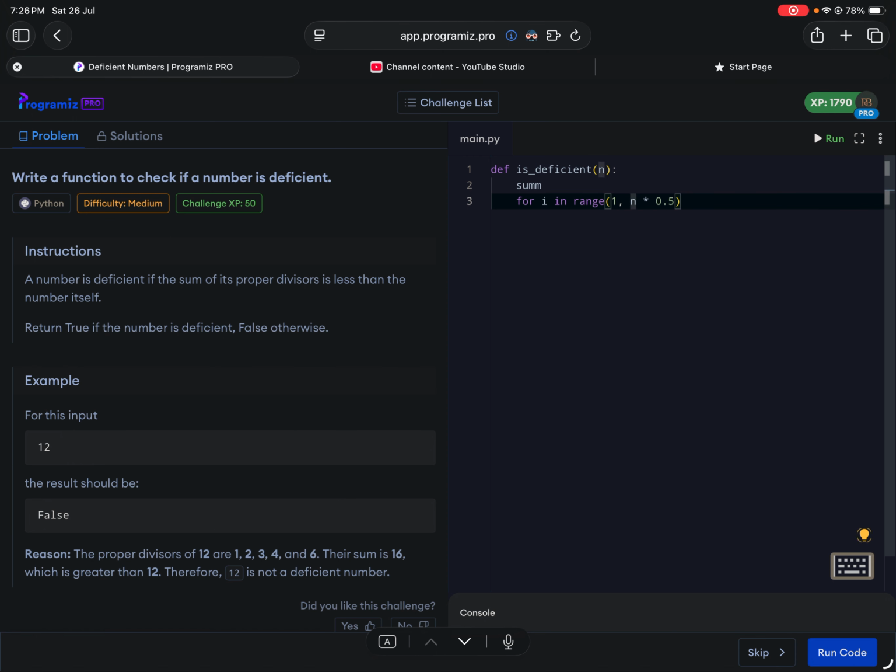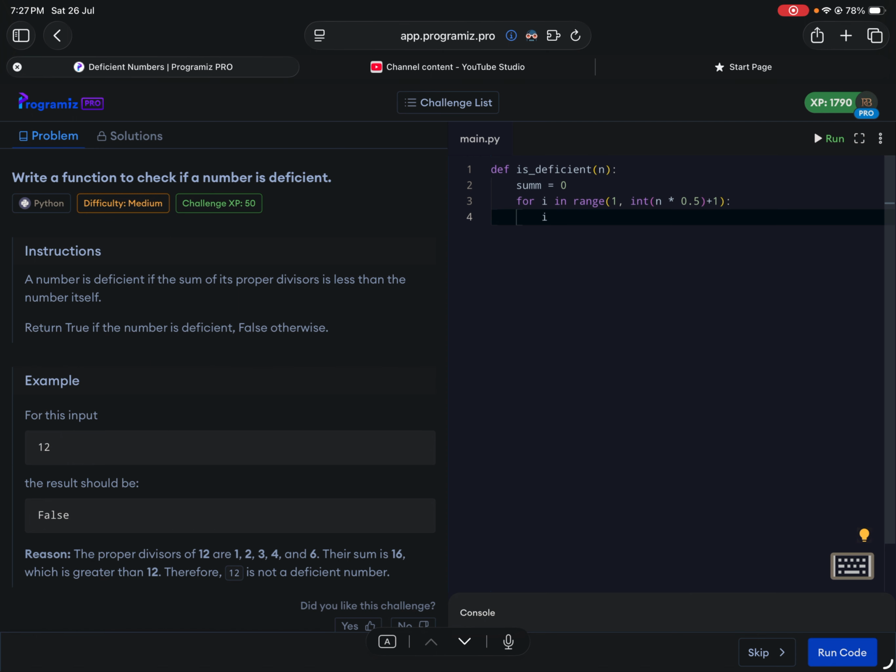So in this situation what would happen? For 12, half will be 6, right? So we will want to make it into an int, and then we can simply do +1, because we want to loop until the sixth number should be there as well in our loop. We don't want to miss that. Our sum will be 0, and then i plus equals to,